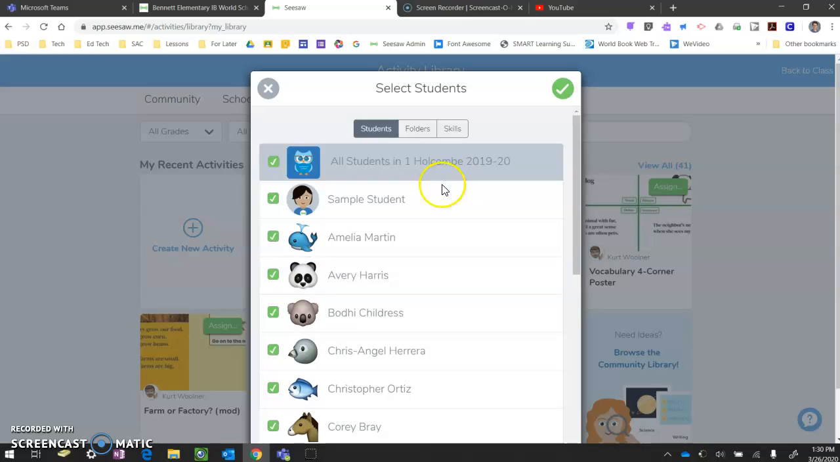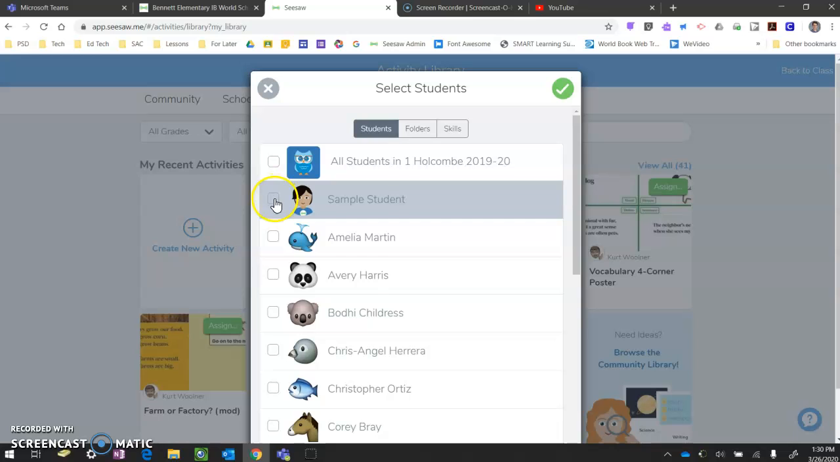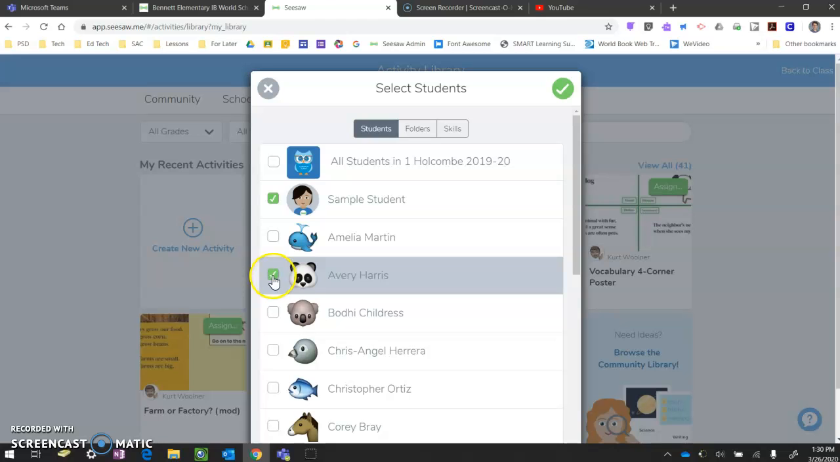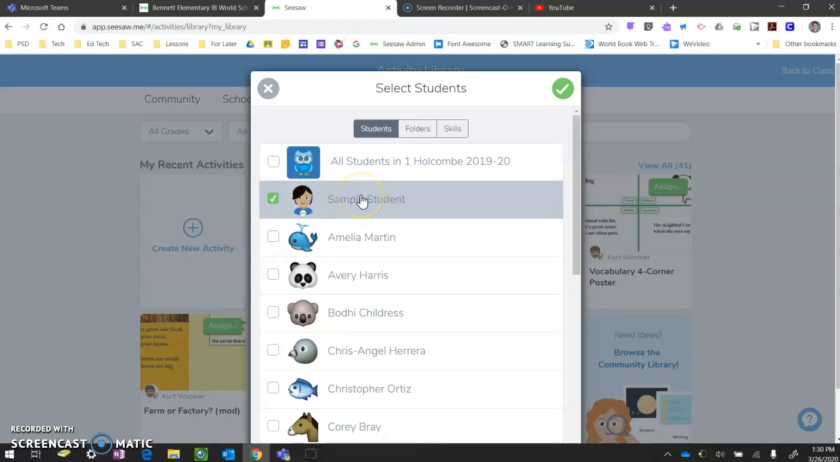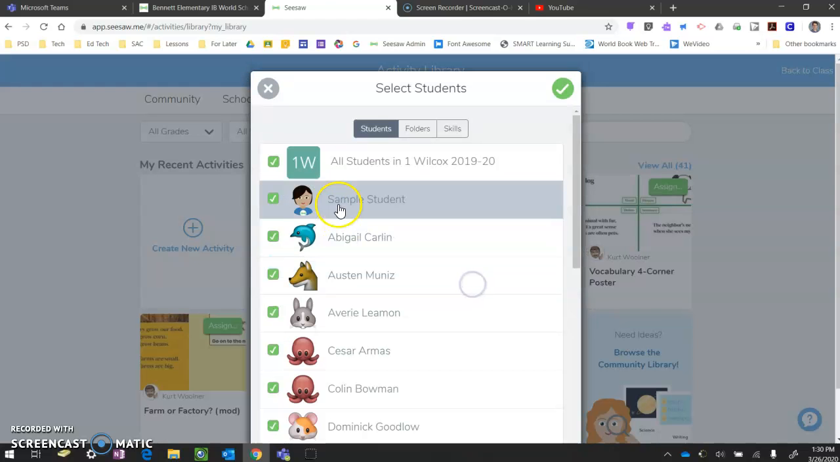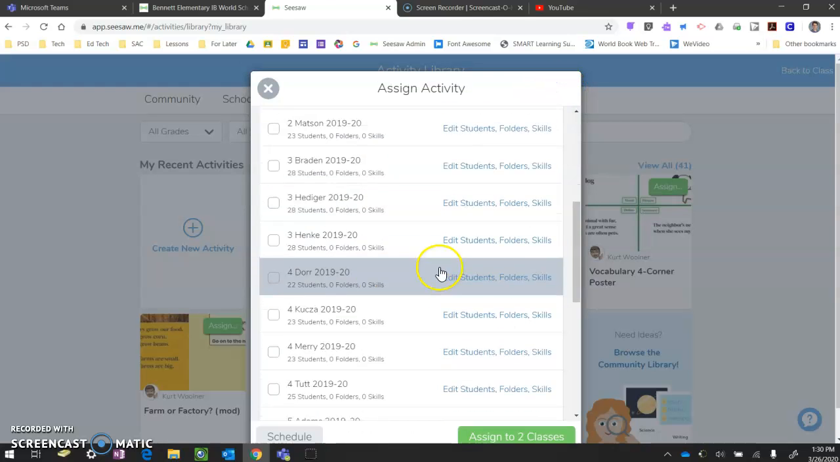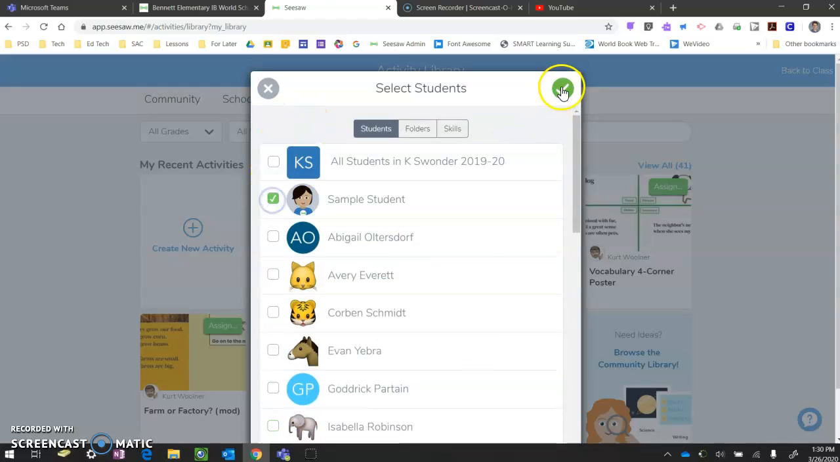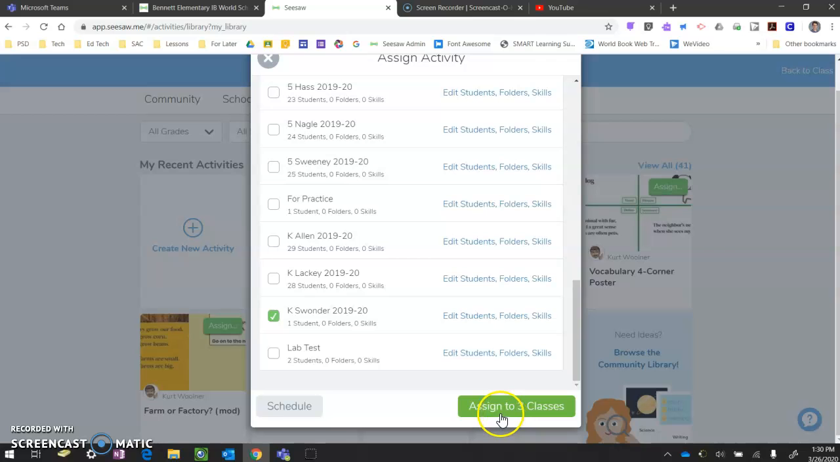And I can click on Edit Students, uncheck all of the students in Mrs. Holcomb's class, and only select the students that I want it to go to. In this case, I'm going to just send it to sample students so I don't confuse anyone. So I'll send it to one student in Mrs. Holcomb's class, one student in Mrs. Wilcox's class, and I'll do one in Mrs. Swander's class as well. So even though it says assigned to 3 classes, it's only going to be one student in those classes. So if I were to click Assign to 3 classes now,